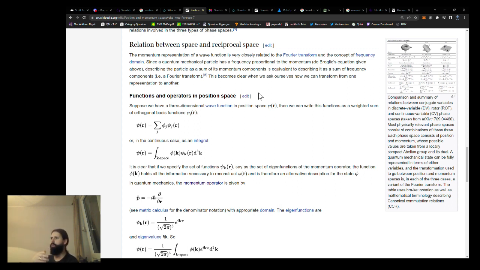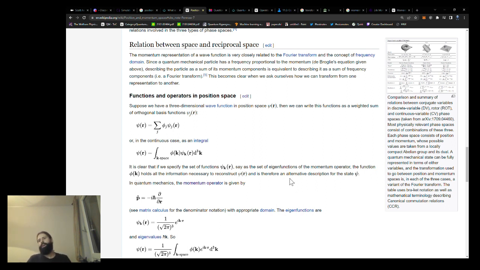We can write this function as a weighted sum of orthogonal basis functions, right? So you have a set of orthogonal basis functions, and you can always write down the function as a sum of those, or in the continuous case, an integral. If we specify these functions to be the eigenfunctions of the momentum operator, then the function